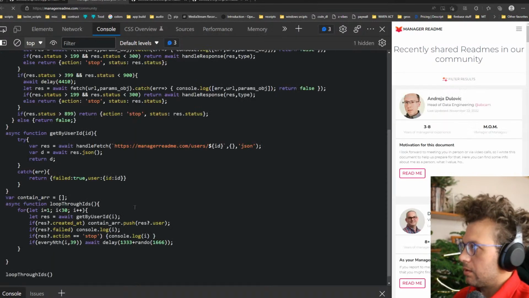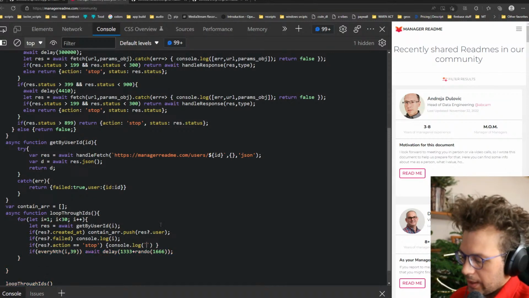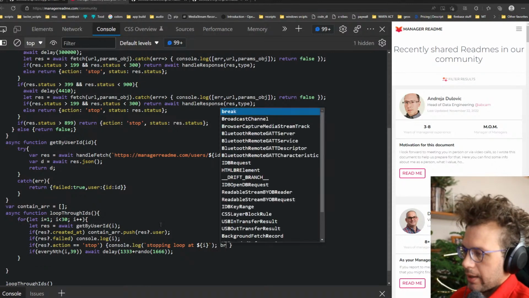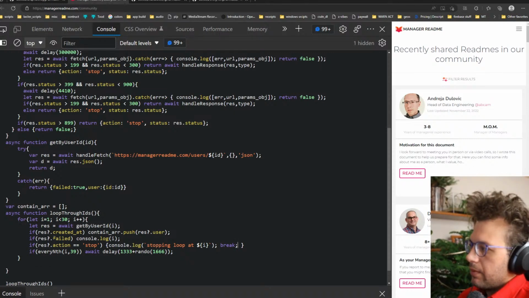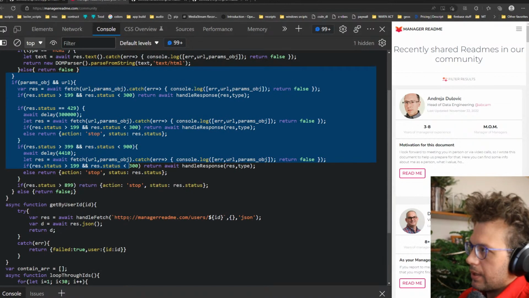Oops, okay, hit the wrong button. Console log this, and we'll say stopping loop at, and then we're going to break the loop. Okay. All right, so we're pulling it. If it fails, we're just going to log it. If it goes through this and we have